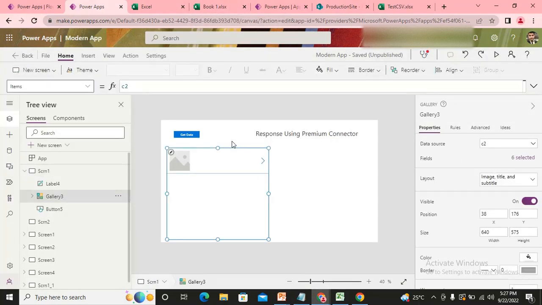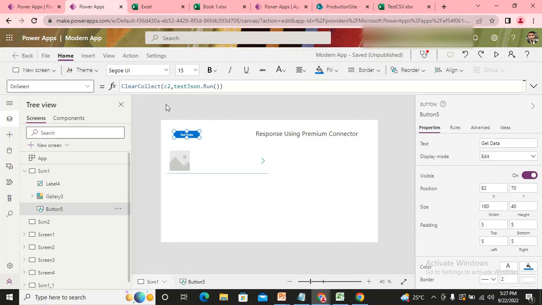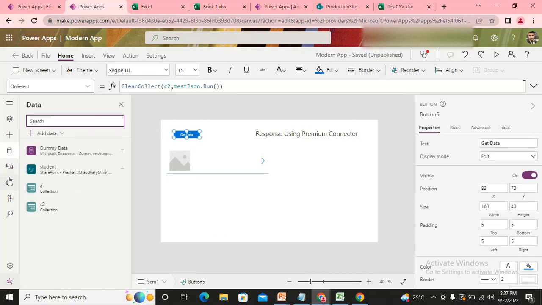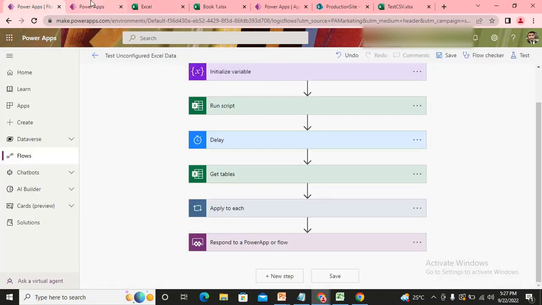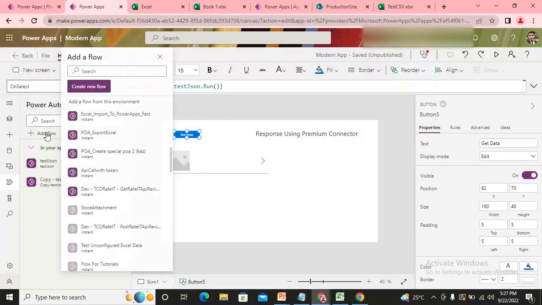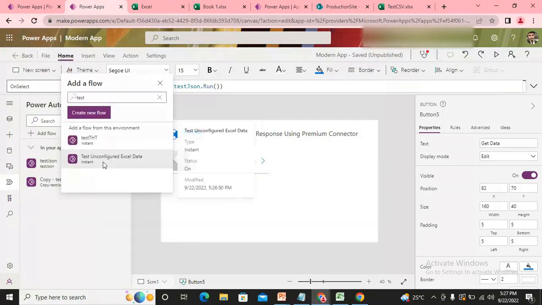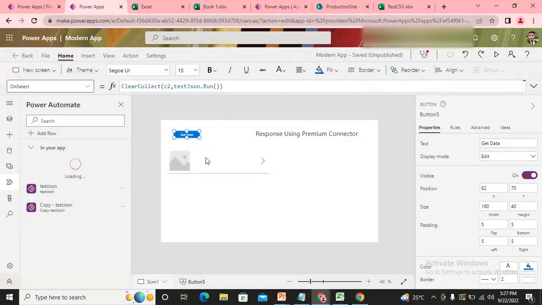So remove everything, okay, fine, let it stay here. Now here I'll simply add my flow. My flow name is test unconfigured, so I use test unconfigured data. On this button